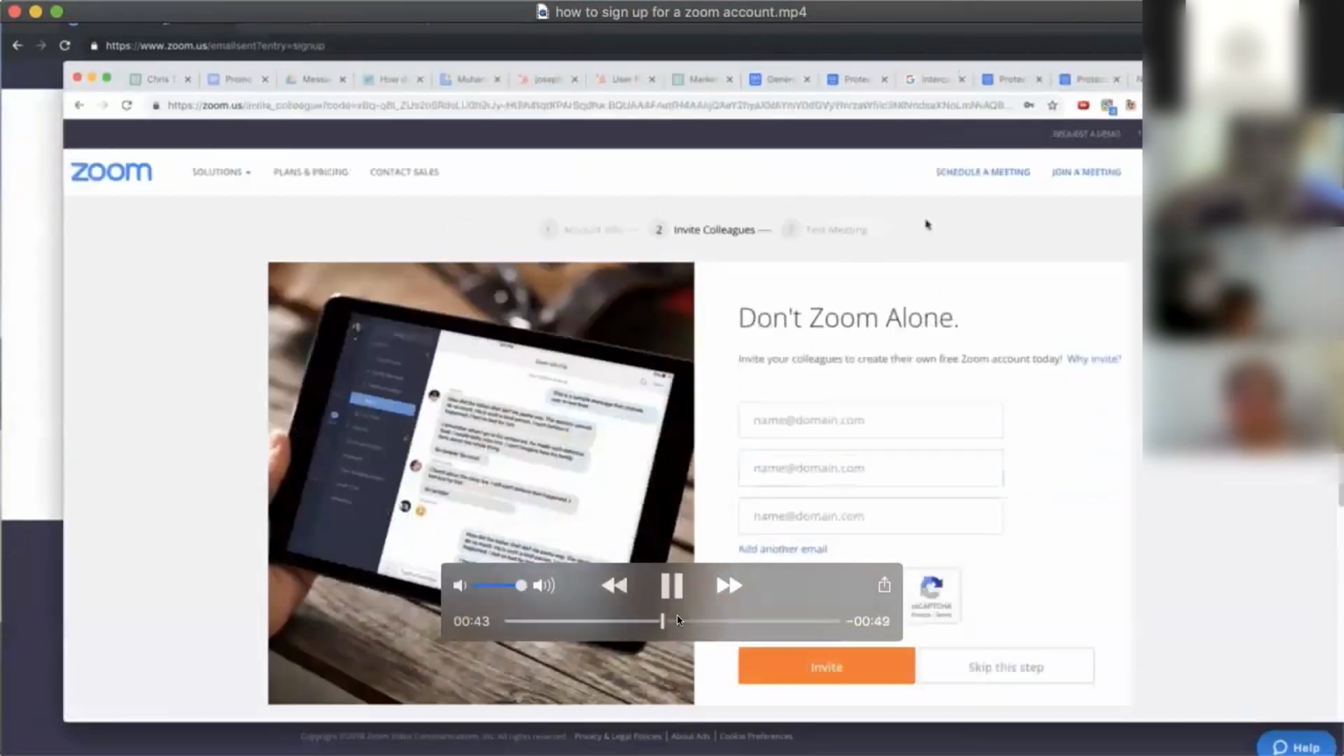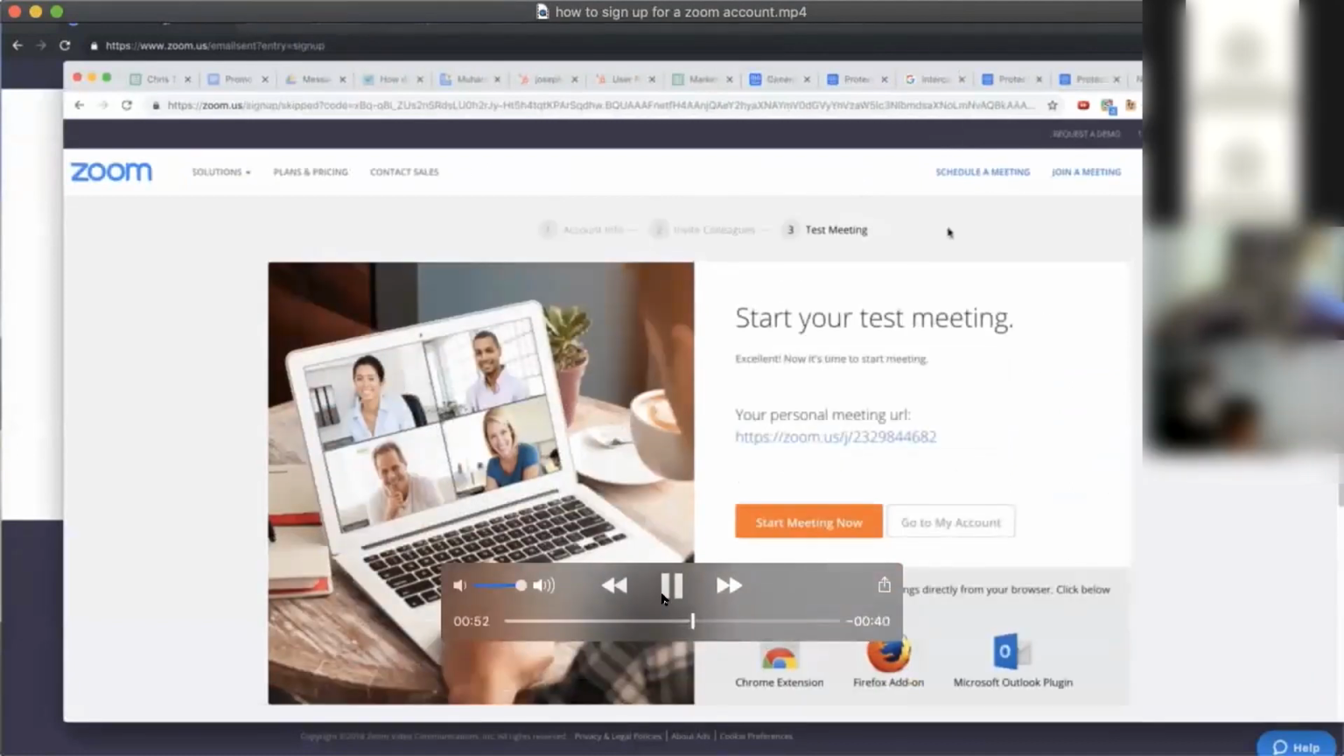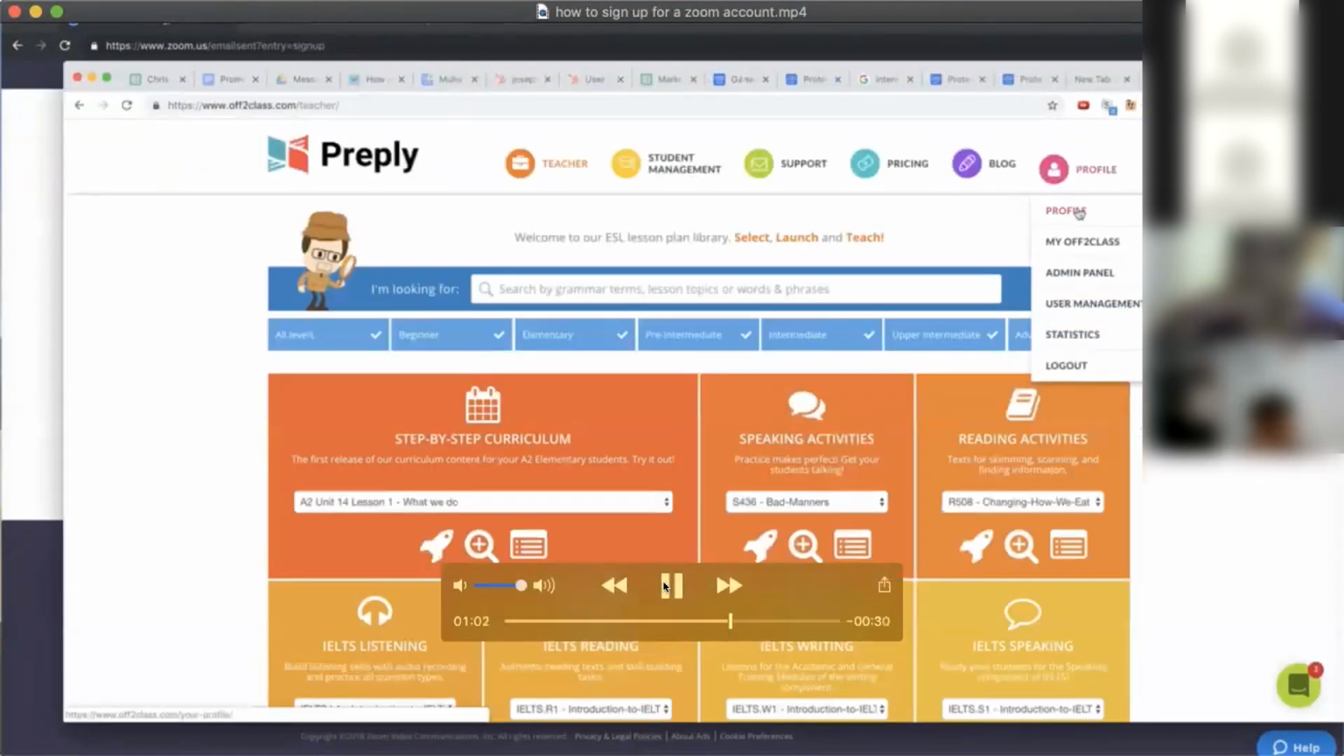So this is me setting up my Zoom account. And as soon as the Zoom account is set up, I get my personal meeting ID. The moment I set up a Zoom account, I get my personal meeting ID. That's the link. I don't have to do anything else. I don't have to configure any settings. I don't have to schedule any meetings. The moment my Zoom account is active, all I have to do is go to the Preply methodology tool,